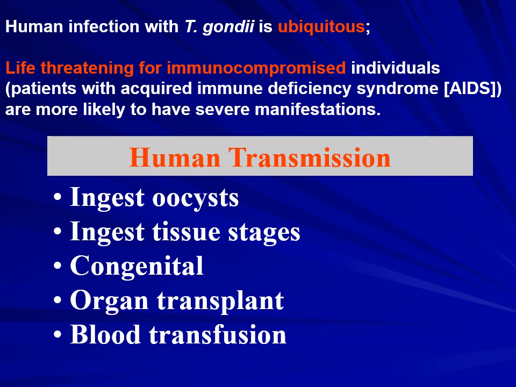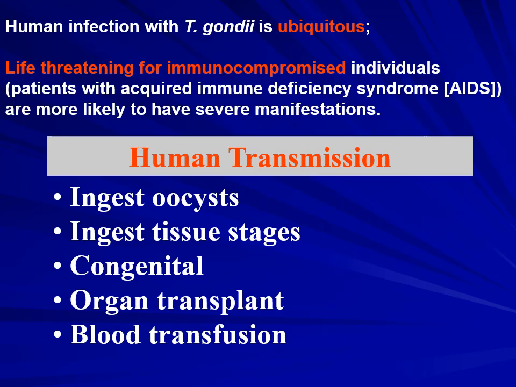Remember that we said that in immunocompetent patients, this infection is mostly asymptomatic. However, it can be symptomatic, and I will be talking about that later on. But this infection becomes life-threatening in immunocompromised individuals. Those include, of course, patients with HIV infection, or patients that undergo immunosuppression for bone marrow transplantation or organ transplantation or others.